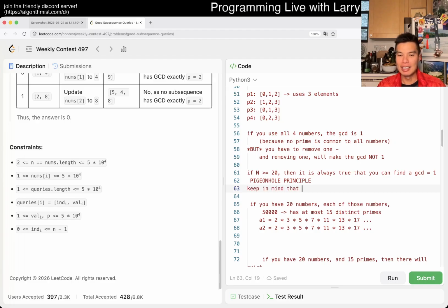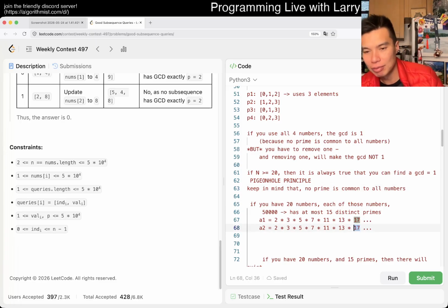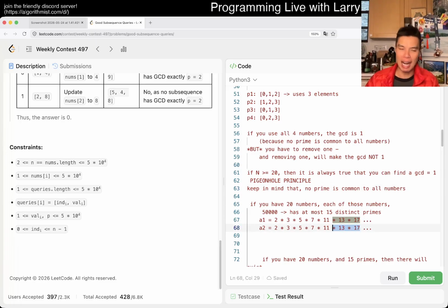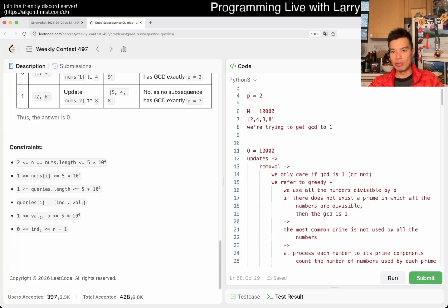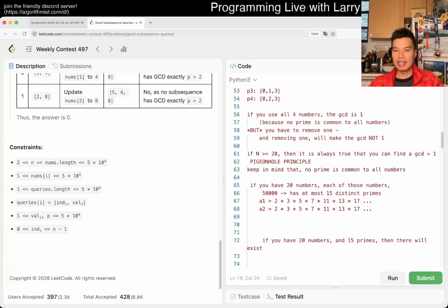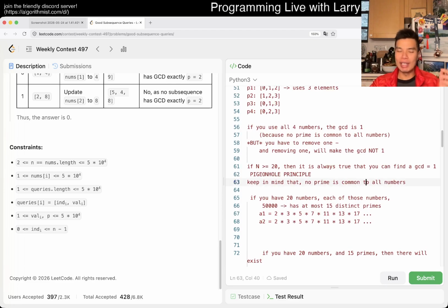that no prime is common to all numbers, right? Because if they're all the same, then there is a prime common to all numbers, in the same way that we had here. So we assume that even if we remove one number, all the remaining numbers still have the same prime. So now we can make the assumption that no prime is common to all numbers. And then that means that